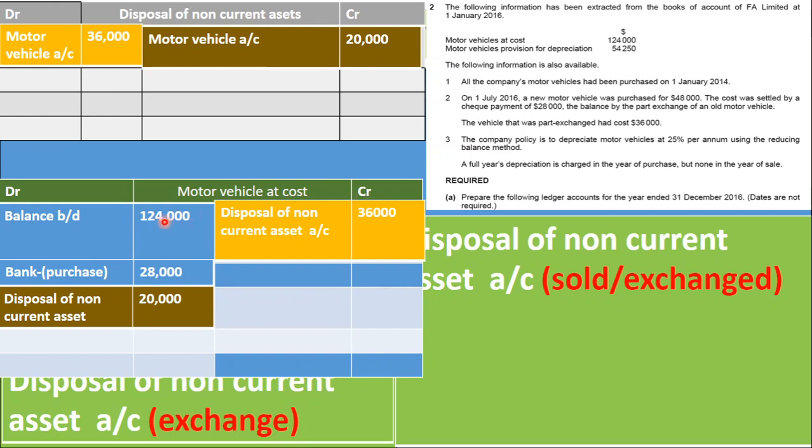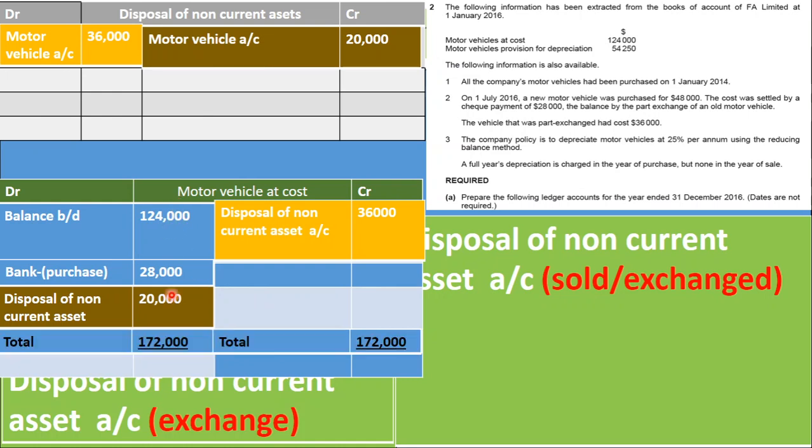Here we have completed this part. Now there are no other further additions or subtractions. I mean there is no purchase and sales additional. So now we need to close this account. So to close the account, you add this total up and then minus. So first let's add the debit side. When you add the debit side, it comes to 1,72,000. That has to be the same in the credit side, so you just pull it here, and then the difference